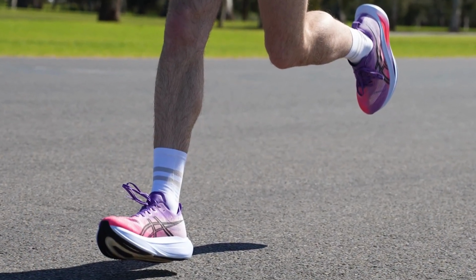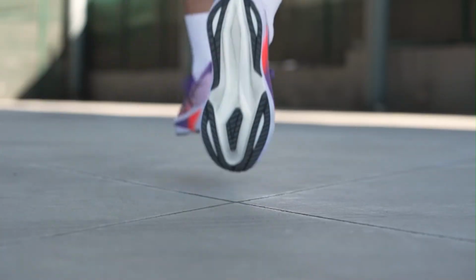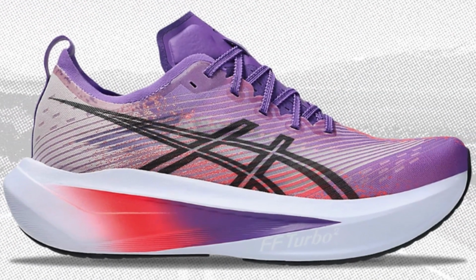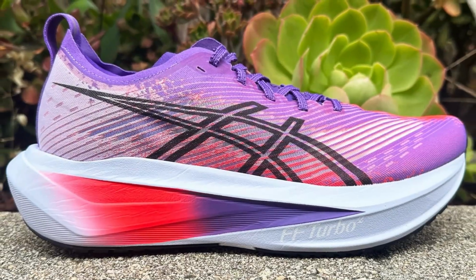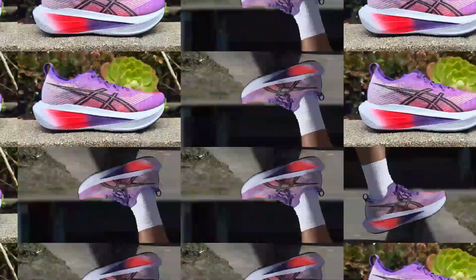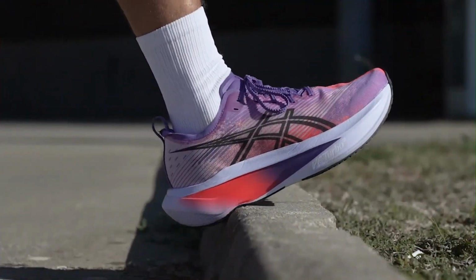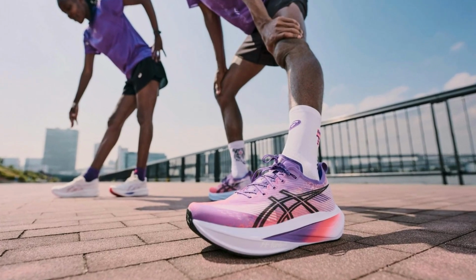Among all the categories of road running shoes, the lightweight trainer is arguably the most versatile, durable and comfortable enough for daily mileage, yet responsive and agile enough for up-tempo efforts and even race day duty. The ASICS Megablast exemplifies this balance in a surprising package, earning its place as the best road running shoes for